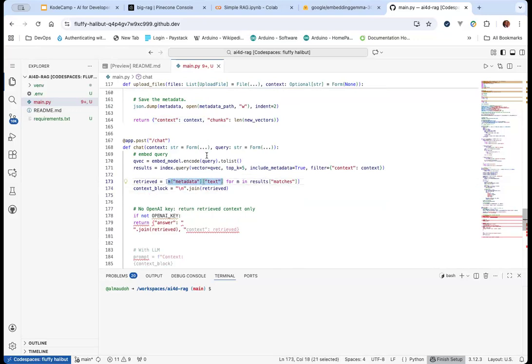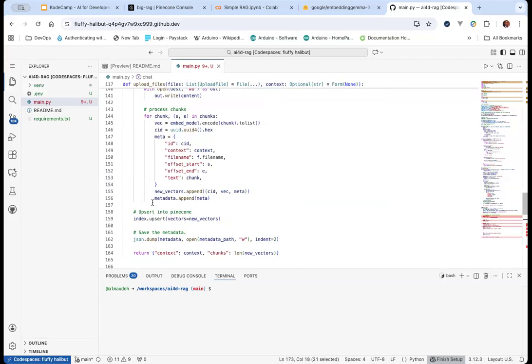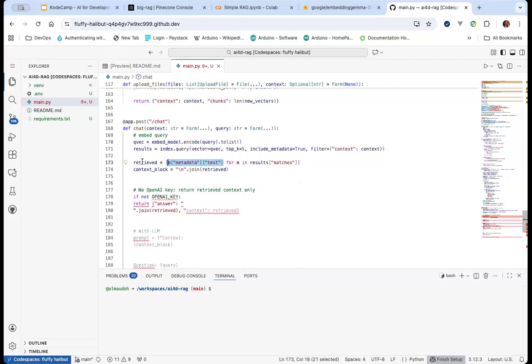So remember, metadata, each of these is stored in metadata, then text is the actual chunk. So we're actually getting just the matching chunk. Then we assemble them, right? We join all of the matching chunks using line feed, okay? And then